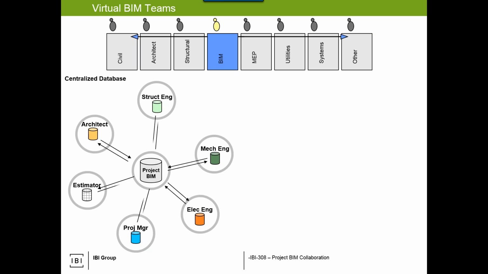It gets compounded when you're using a tool like ProjectWise, where when you press sync and the central model gets locked, imagine everybody else having to wait for the project manager's sync to finish. So we'll talk about that in a minute, but that's something that we have to be aware of in the